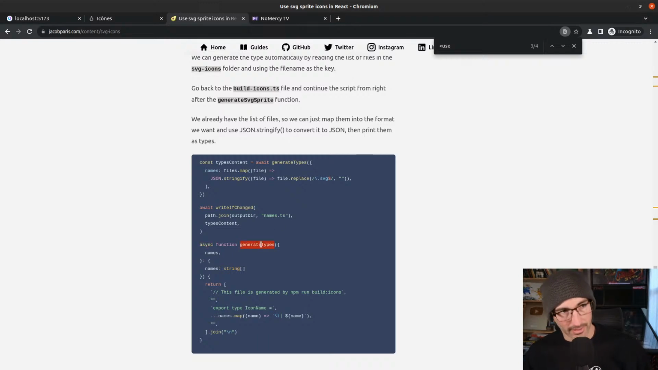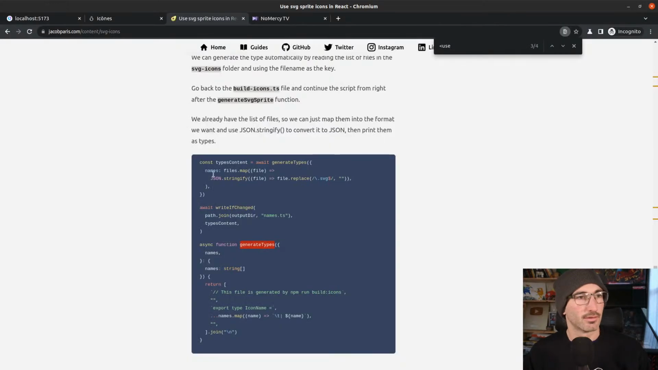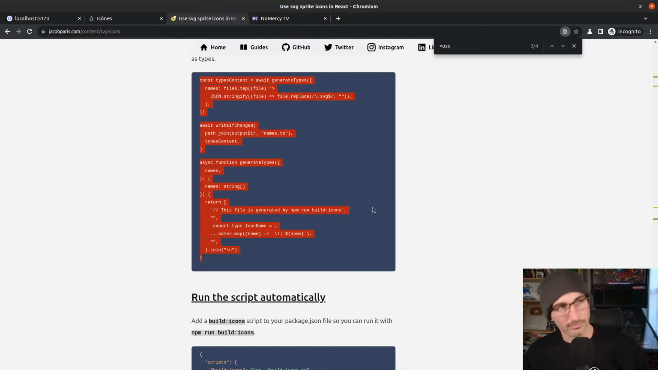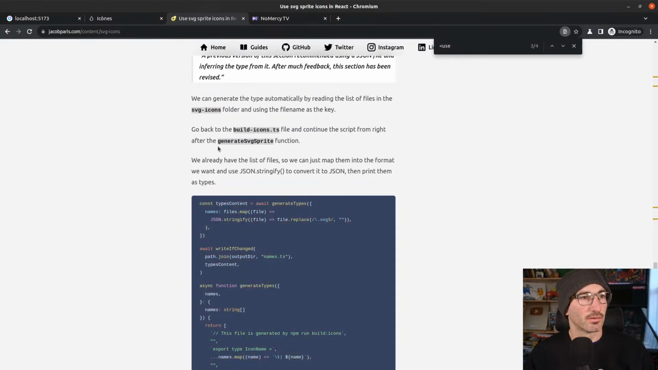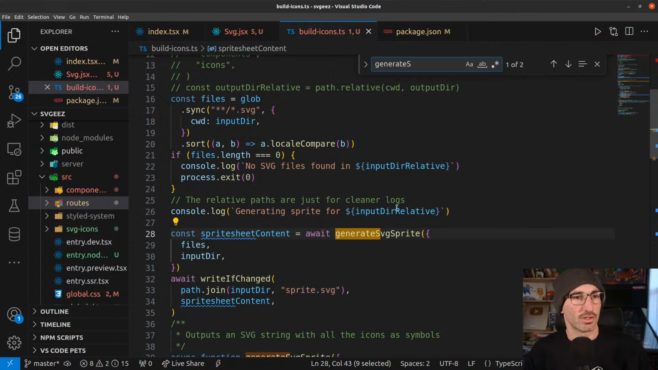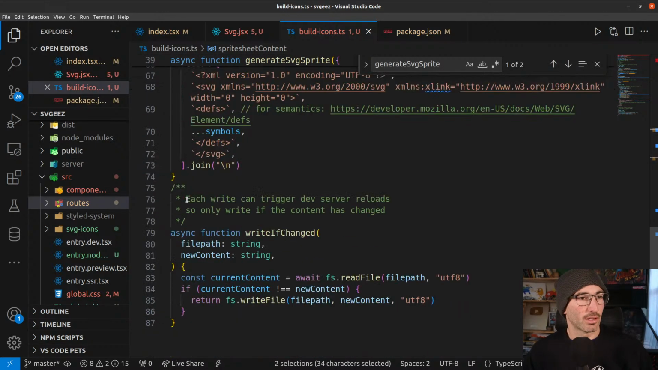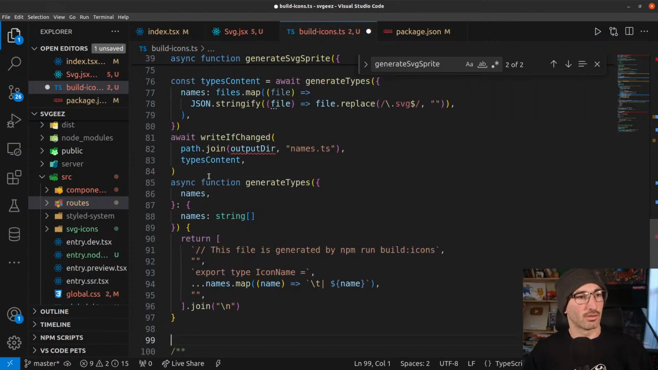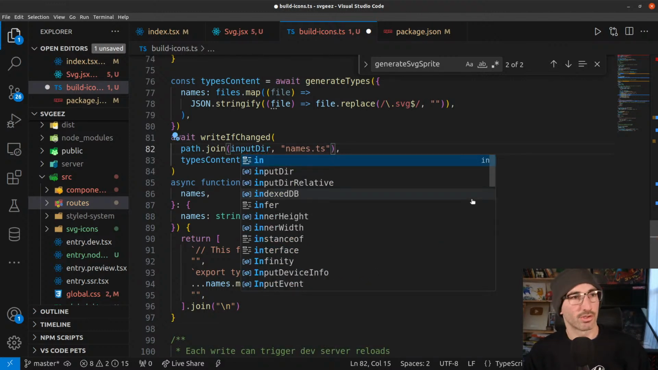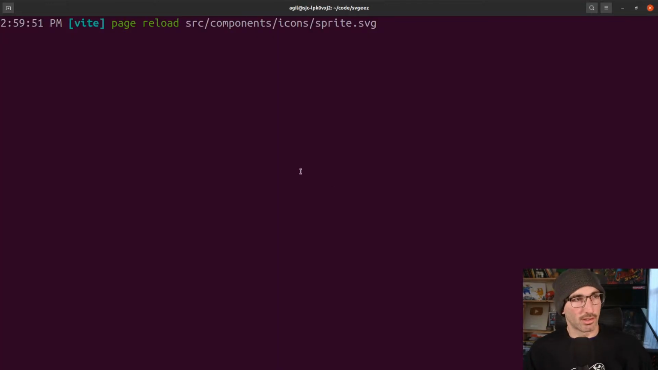Did I even use the generate types? I bet I didn't even copy this in here. I did not. There you go. Okay, so this is the part that we're missing. And after generate svg sprite, which is right there. Okay. Output dir. This is also going to be input dir for my sake. Let's see. Let's open up a new